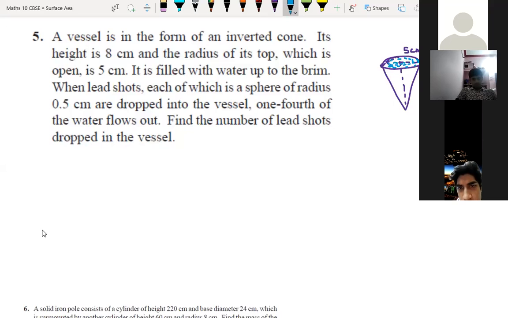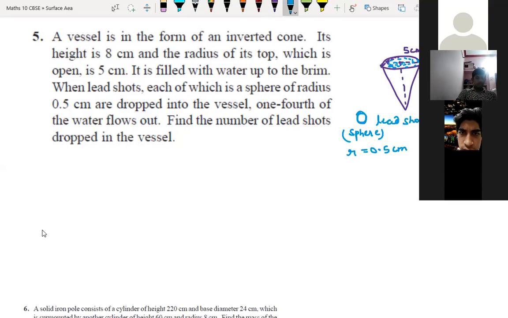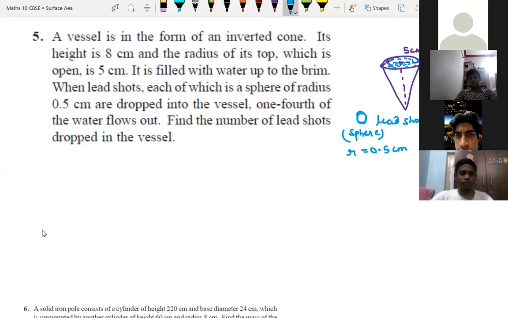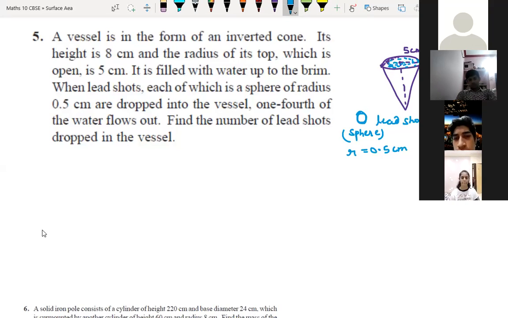Lead shots, each of which is a sphere. See, lead shot means one small lead shot will be there. This is a lead shot, and it is in the form of a sphere. This lead shot has a radius of 0.5 centimeter. We don't know how many lead shots you are putting. When lead shots, each of which is a sphere of radius 0.5 centimeter, are dropped into the vessel,